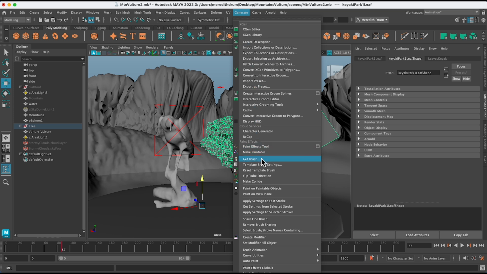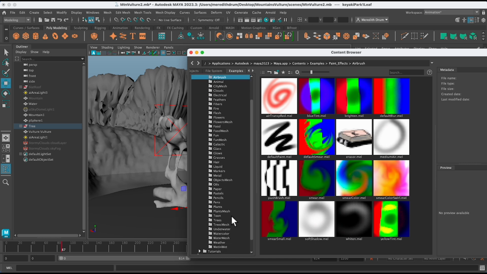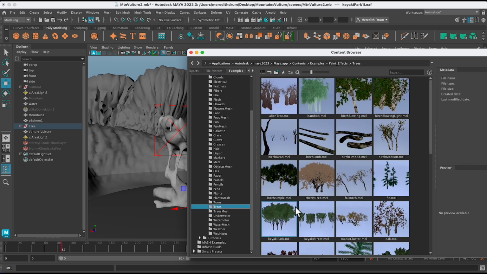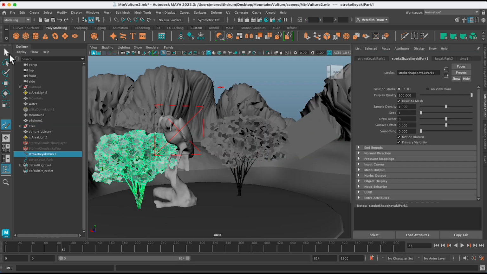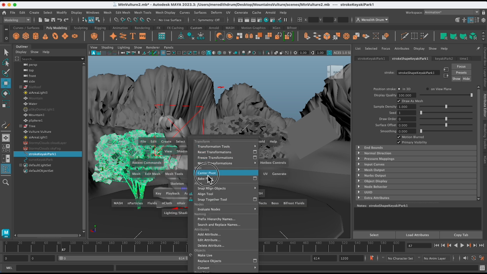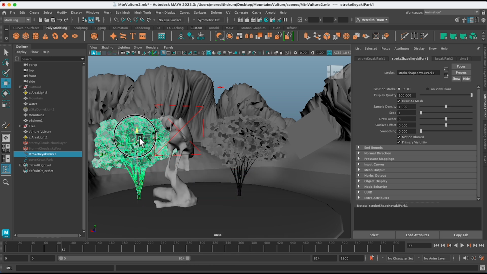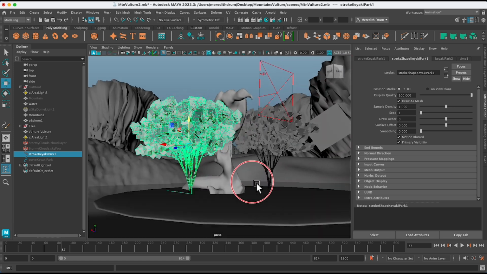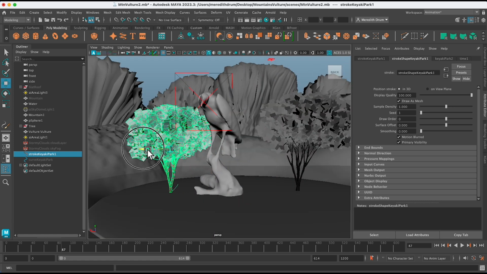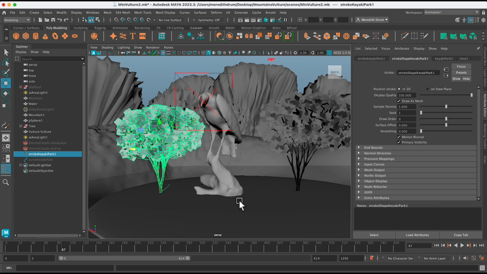But those of you who know this, maybe I'll just go ahead and do a new one. I'm using that one, and I'm just going to make one. Oops, there we go. And I'm going to pull it up. I'm going to center its pivot and pull it up. Okay, so just know that you have to translate that from a paint effect into a polygon.